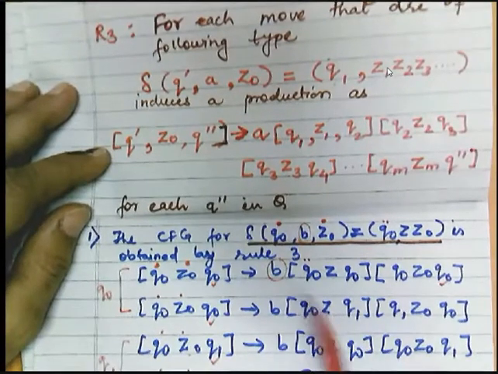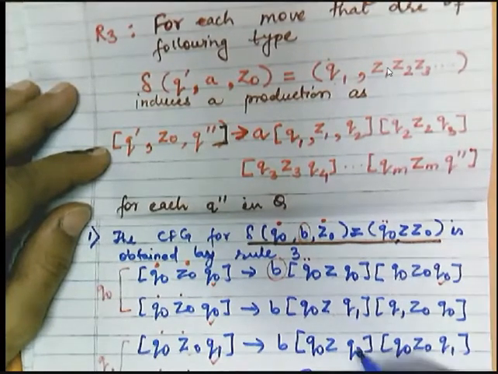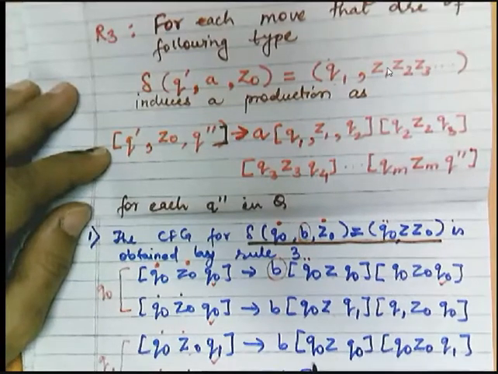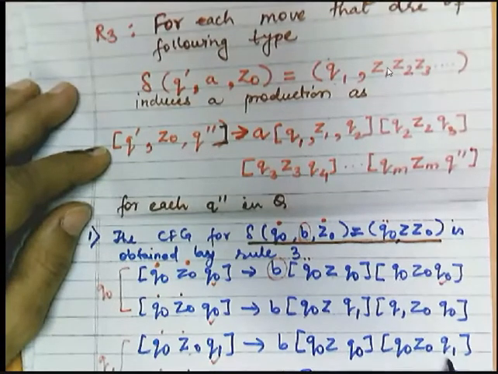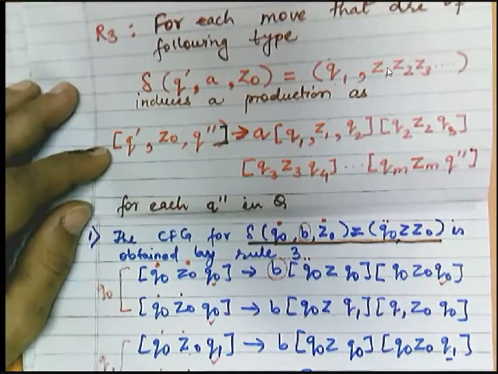Again we have to write B Q0 and here Z0. So same thing, you need to copy. Only the difference is, here you need to have what? The last,